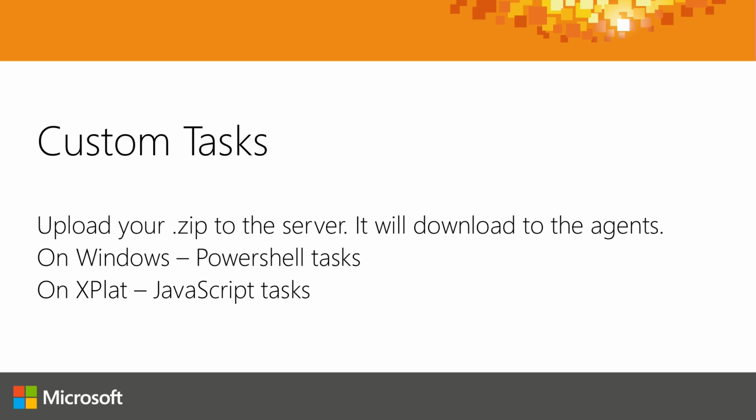Now, the way these work is fairly straightforward. Really straightforward, in fact. You write a bit of JSON, you write a PowerShell script, or if you're doing cross-platform, a Node script. So the cross-platform build agent is written in Node.js, which is great, and just runs Node tasks, so you can just run those on the server. And then that will download to the agent and go from there, which is cool. So let's have a quick look again. And the way we're going to do this